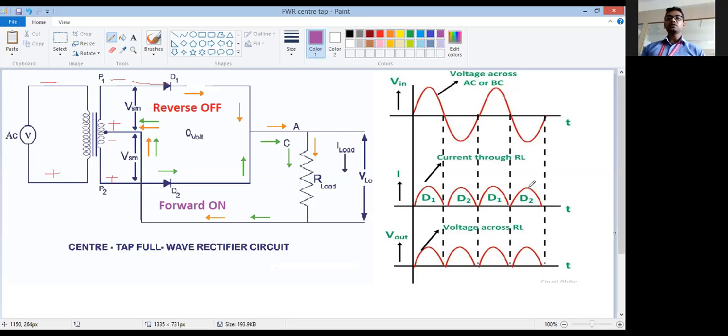So in the positive half cycle, D1 is on. In the negative half cycle, D2 is on. Current flow in the positive half cycle is because of D1, and current flow in the negative half cycle is because of D2. Both the currents have the same direction through the load. Hence, the output current and output voltage is positive. But see here, the output voltage is pulsating, meaning it is not constant. Polarity is constant, that is, it is always positive, but it is fluctuating. That's what is called a pulsating DC. This is called a pulsating DC. It is clearly shown over there in the diagram.